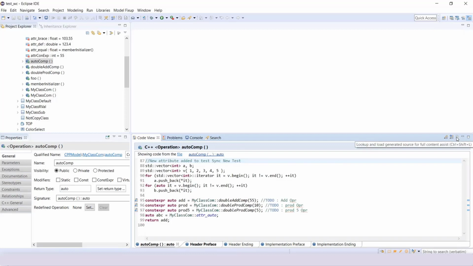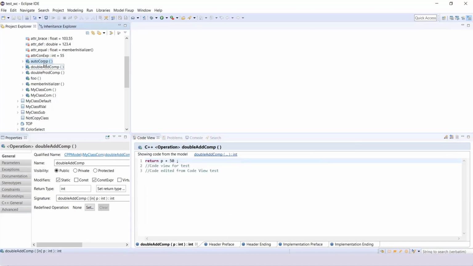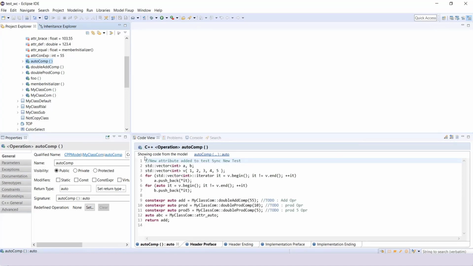The next button is quite important. It is quite useful when you have the C++ code generated for this code snippet for the element. If I go to some other operation and come back to AutoComp, once I first open this AutoComp code view, the mode here shows "show code from the model". This means that the code that you see in this code view is actually loaded from the model.